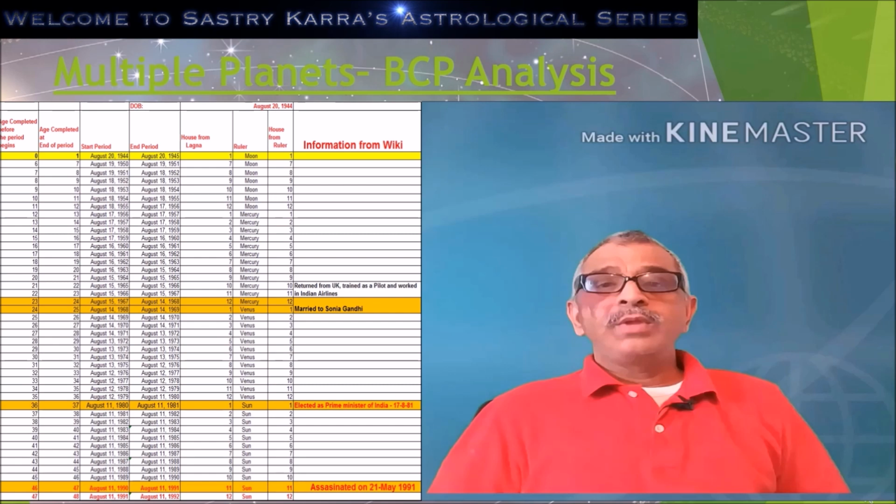If you look at the Bihuru Chakra Paddhati, the native completed his 23rd birthday in 2002. In 2002, the Vimshottari Mahadasa that is running is Venus Mahadasa, and we know that Venus in no way helped the native to get married. So the only possibility for this native to get married is during Mercury, when Mercury activates the 12th house. Mercury, being the 4th and 7th house lord, residing in the 6th house and having a direct aspect on the 12th house, activated the 12th house for this native during that period.